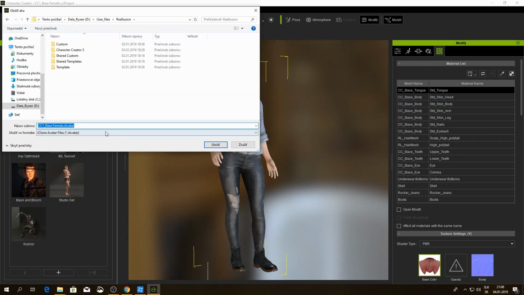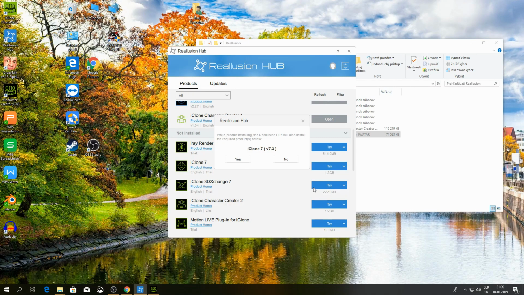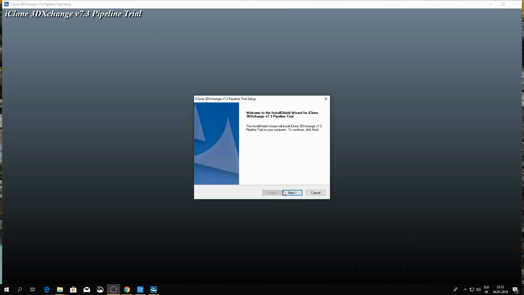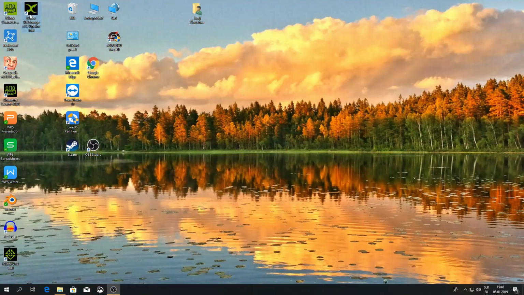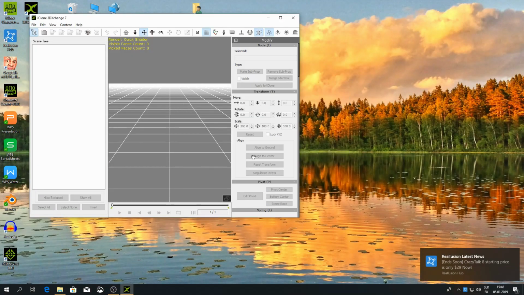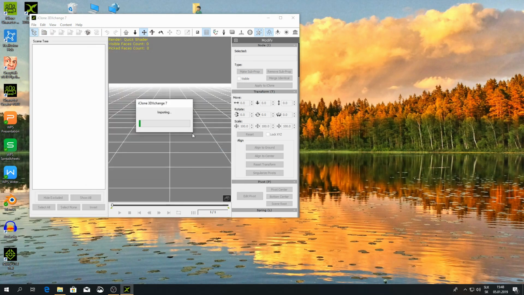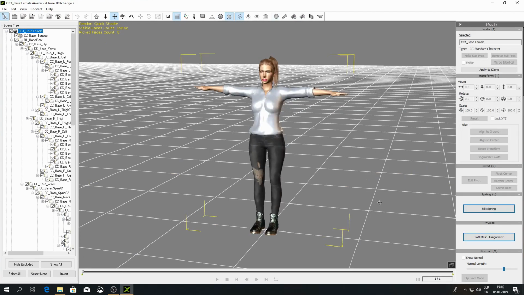There is another way to export a 3D character via iClone 3DXchange 7. We select those parts of the character we need to export.